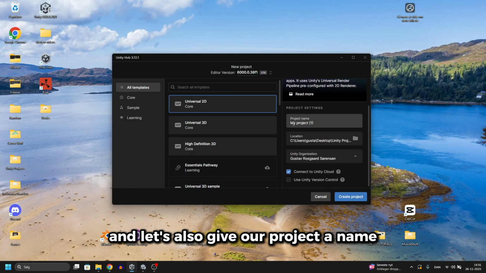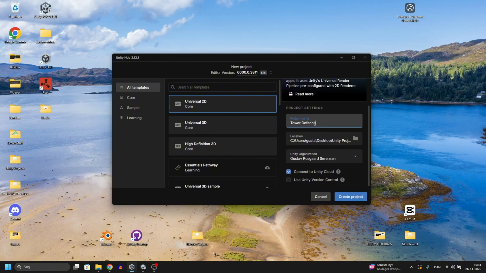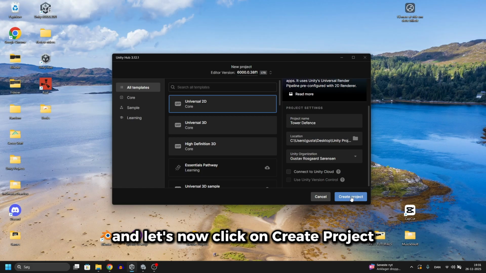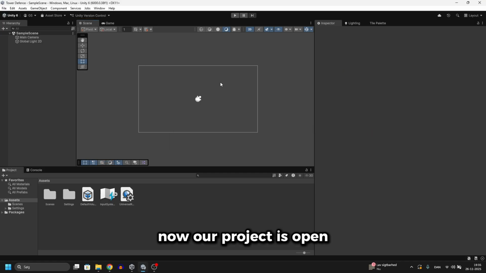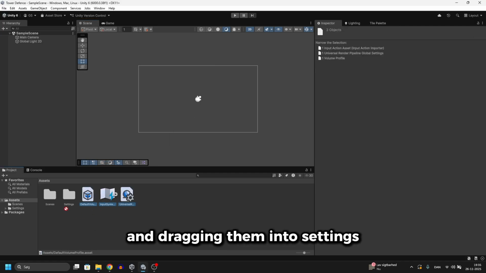And let's also give our project a name. I will just call it Tower Defense. And I'll uncheck Connect to Unity Cloud. And let's now click on Create Project. Now our project is open, and what we'll start off by doing is selecting these and dragging them into settings